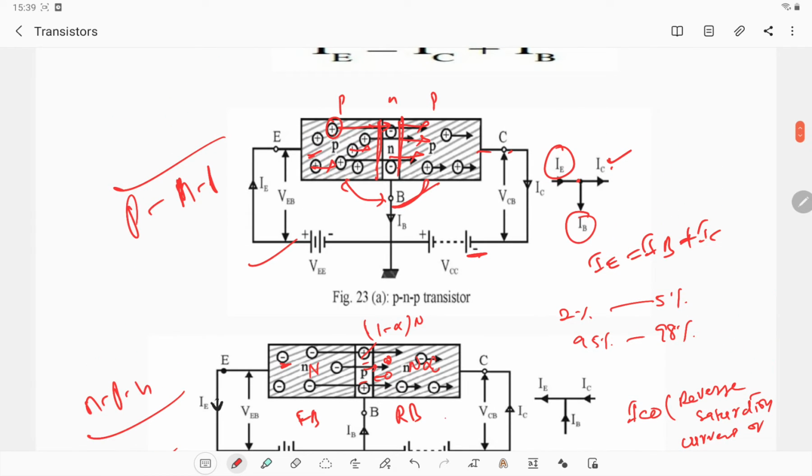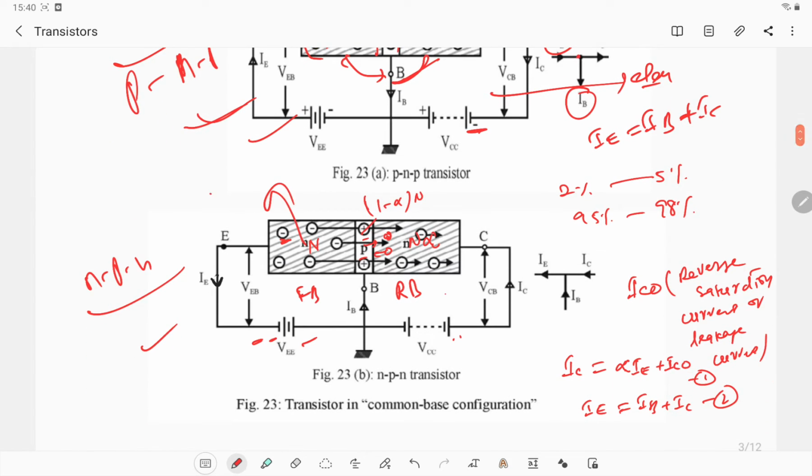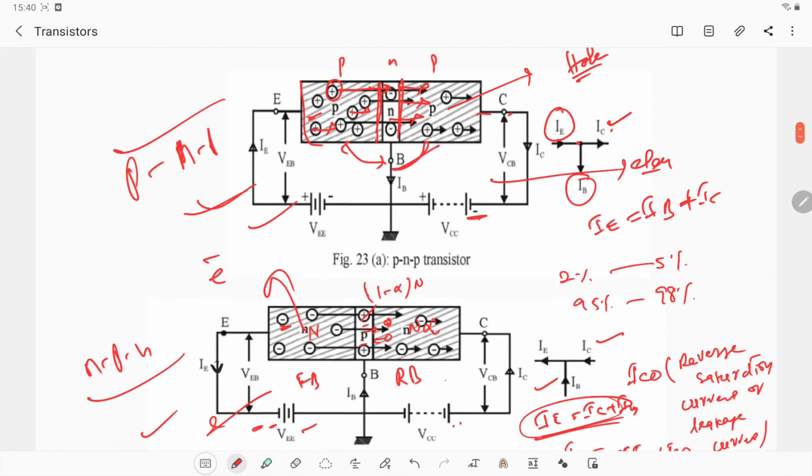Therefore the main difference is that this is the internal circuit and this one is the external circuit. Here, current conduction in the p-type semiconductor is by holes in the internal circuit and electrons in the external circuit. But in this NPN transistor, the internal circuit also has electrons and the external circuit also has electrons. Here also this is the direction of current, this is IE and this is IC. Here also IE is equal to IC plus IB. These are the current directions: emitter current, collector current and base current. This is the working of the transistor.